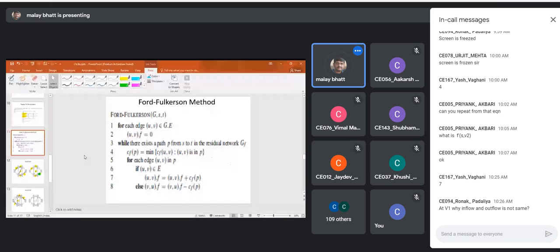It depends on finding a path. So whatever algorithm you select to find a path, whether BFS, breadth first search, from source to sink, or you go for depth first search, according to that this algorithm's complexity will be decided, because the remaining steps are very easy.